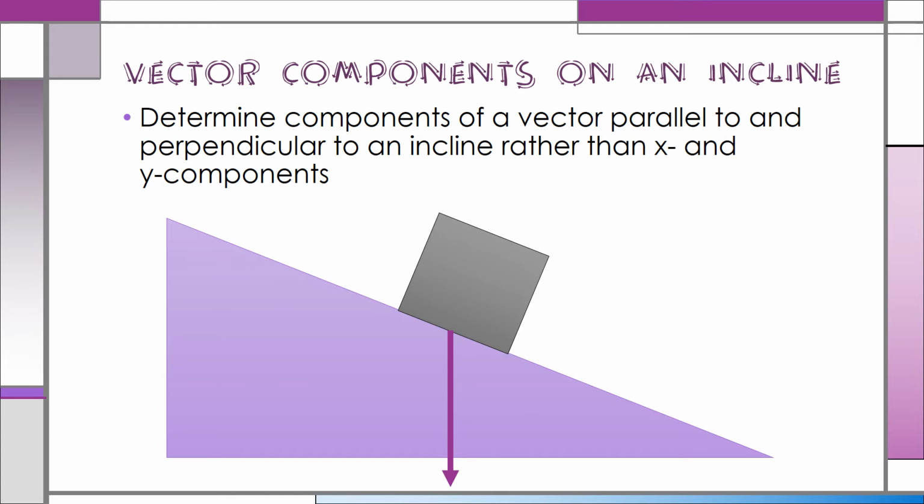incline. Our first step before was to draw an XY axis, but this time I'm not using X and Y components. So my axis is actually going to be parallel to and perpendicular to my incline, like you see here. Then I'll draw my two components. Here's my first component. Notice that it goes along the incline. It's parallel to the incline. And then my next component is going to be perpendicular to the incline. I've already drawn it in its location to make a triangle out of those components, rather than drawing it along